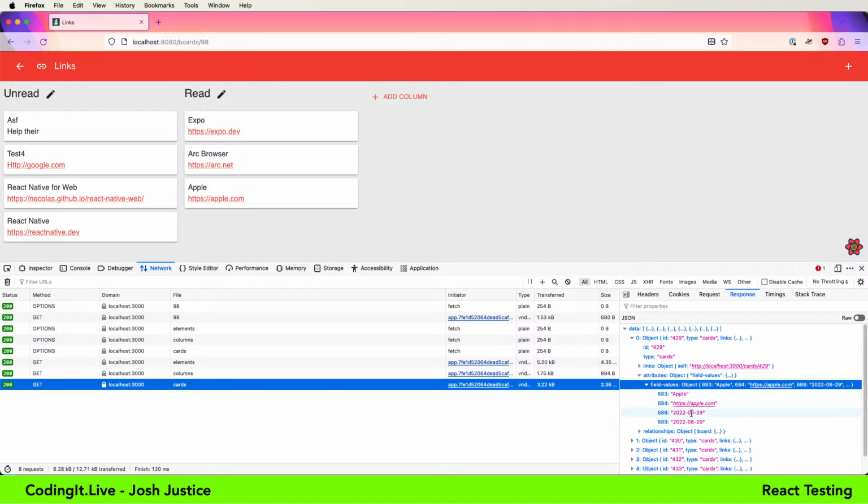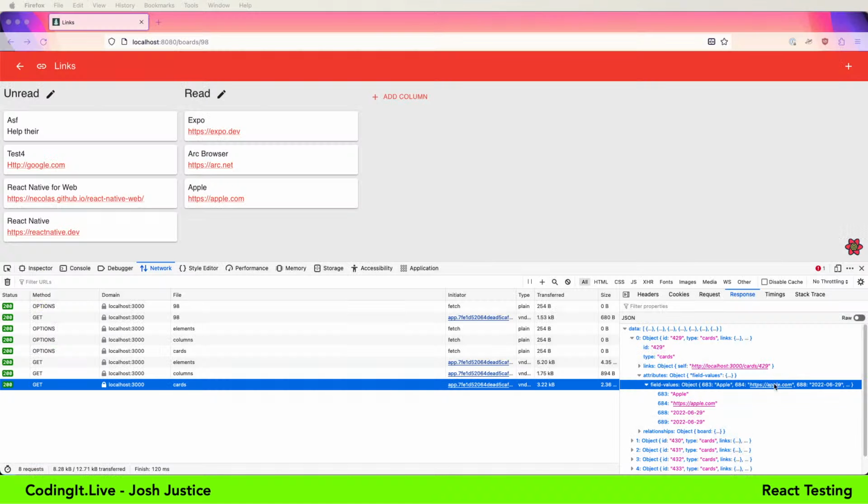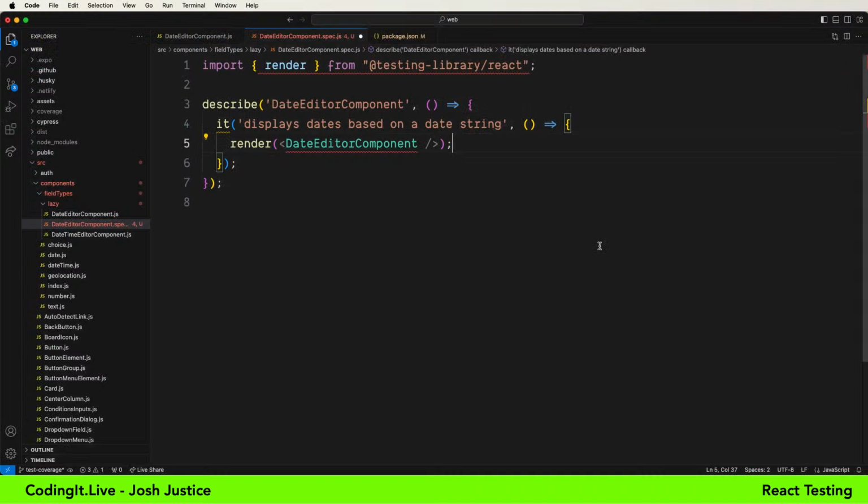Attributes. Okay, so a date, there's a date editor and a date time editor. So date I actually would have remembered because that's a pretty simple format. So let's just say date string. And we'll just do today, 2020. Let's not do today in case anything defaults to now or something like that. Let's say Halloween.